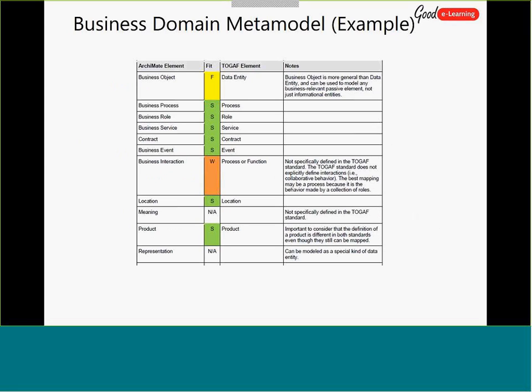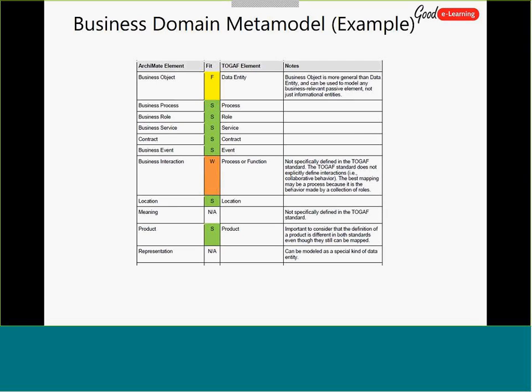The TOGAF element was called data entity. The ArchiMate element was called business object. So this highlights the level that the Open Group team and the ArchiMate Forum have gone into in regards to mapping both the ArchiMate element and the TOGAF element. And when speaking to the ArchiMate Forum lead, this update at this level is currently work in progress. So again, keep an eye out for the updates to the Harmony project that will provide you this level of understanding. We wouldn't have time in an hour's webinar to go through each one of these, but it's really just